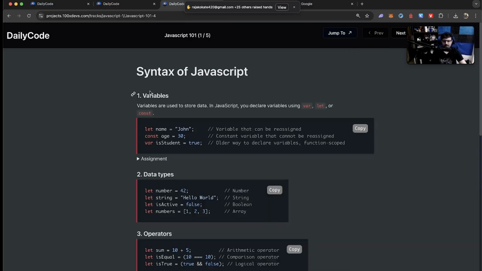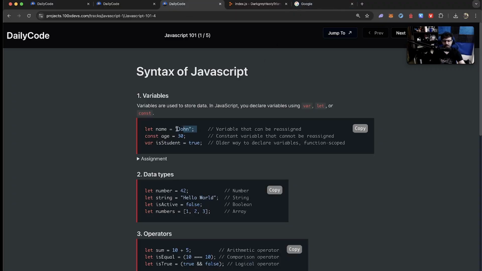For JavaScript, number one, this is how you define variables. Firstly, what are variables? I said this a few times today, but variables are used to store data. Whenever you are writing any program, if you have ever written any LeetCode in the past, you might have created variables. As the name suggests, it is something whose value can change. And in JavaScript, their type can also change. So both the type and the value can change. In JavaScript, you declare variables using var, let, or const. There are 3 ways to declare a variable in JavaScript. Let's quickly try all 3 of these.